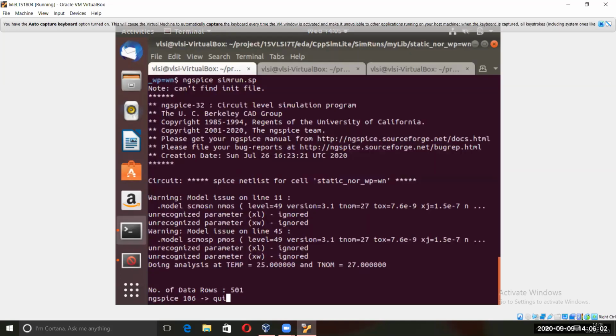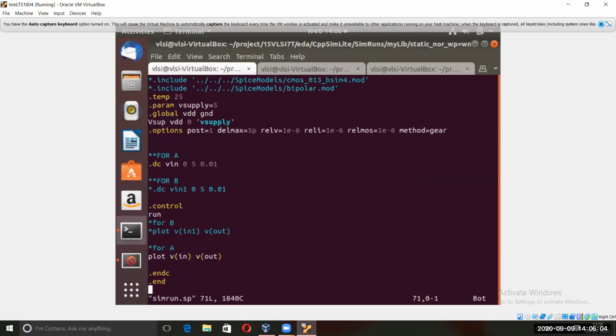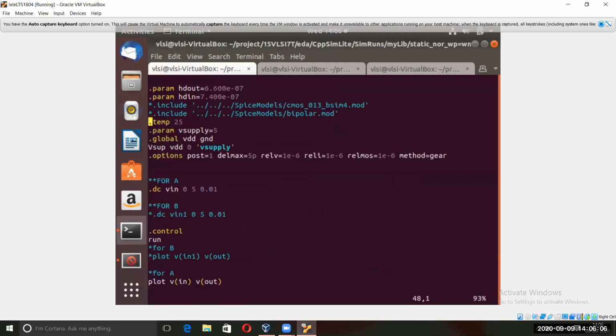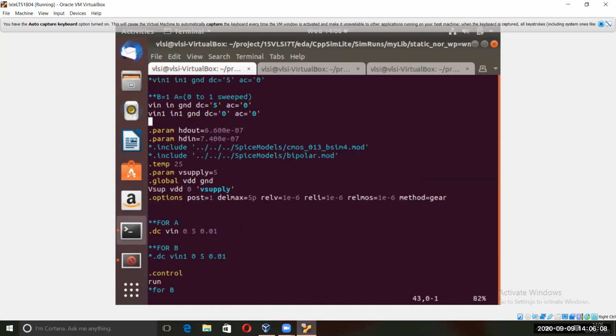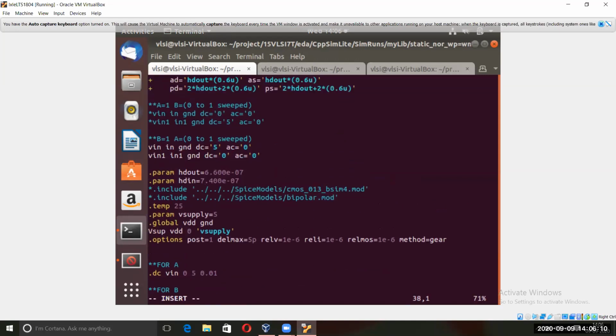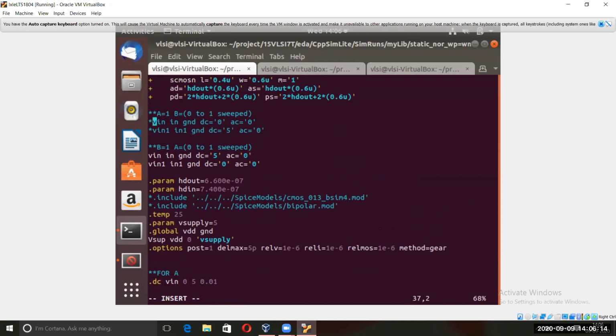Now what we had done, we had shifted A and kept B constant. Now we are going to do the opposite. You can actually do this with the help of another schematic also, but I have done it here only because this is the only difference. But you can do it for your practice. It will be better for you, I think. You'll actually understand where the schematic is going.